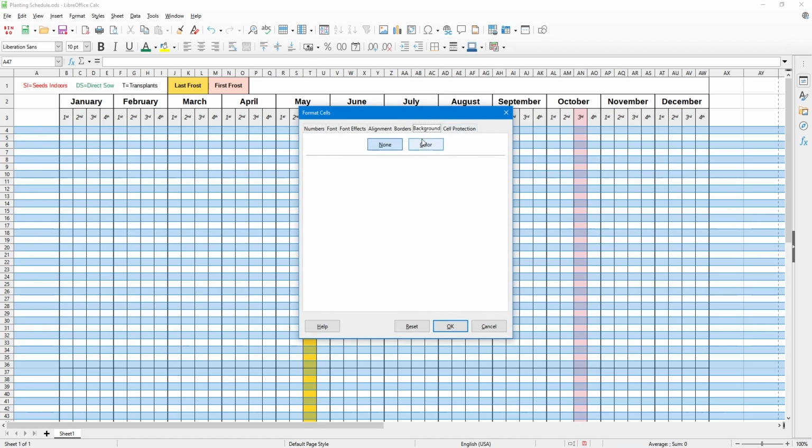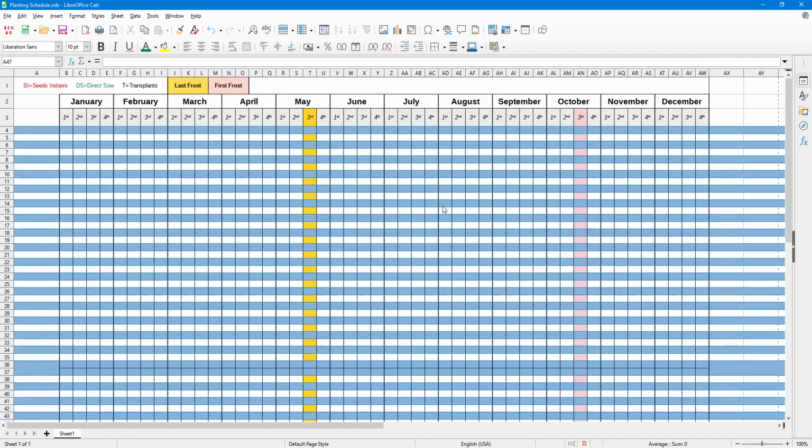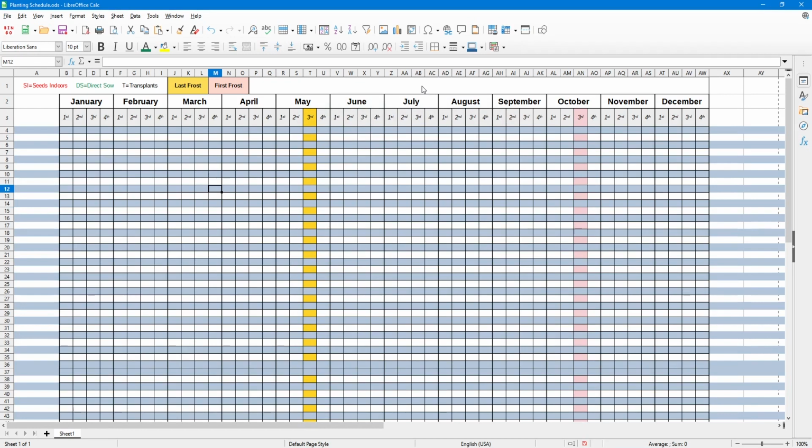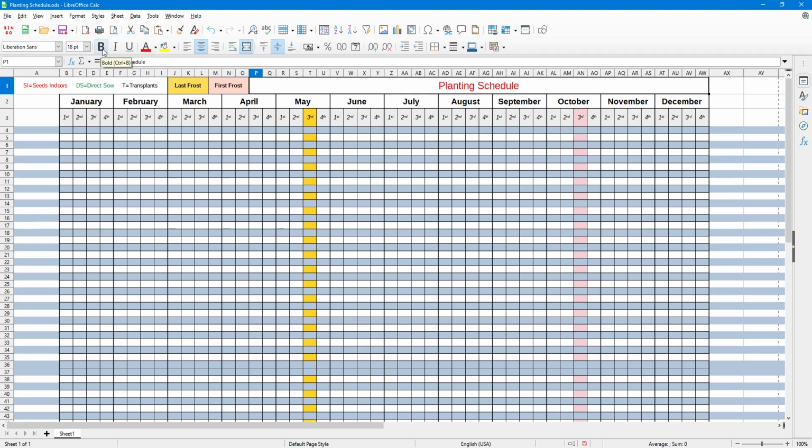Now what I want to do is right click on one of the highlighted cells, left click format, and then I want to pick color, something like a light blue 3, like that. Now one more thing I want to do is over here in this big long merged cell, double click inside of there and type in planting schedule. Okay, click off of it, then click back on the cell, center it, make it like 18 or something, and then I can change the color to anything like red or something, and bold. But anyway, over here, starting with row 4 is where I can start typing in all of my